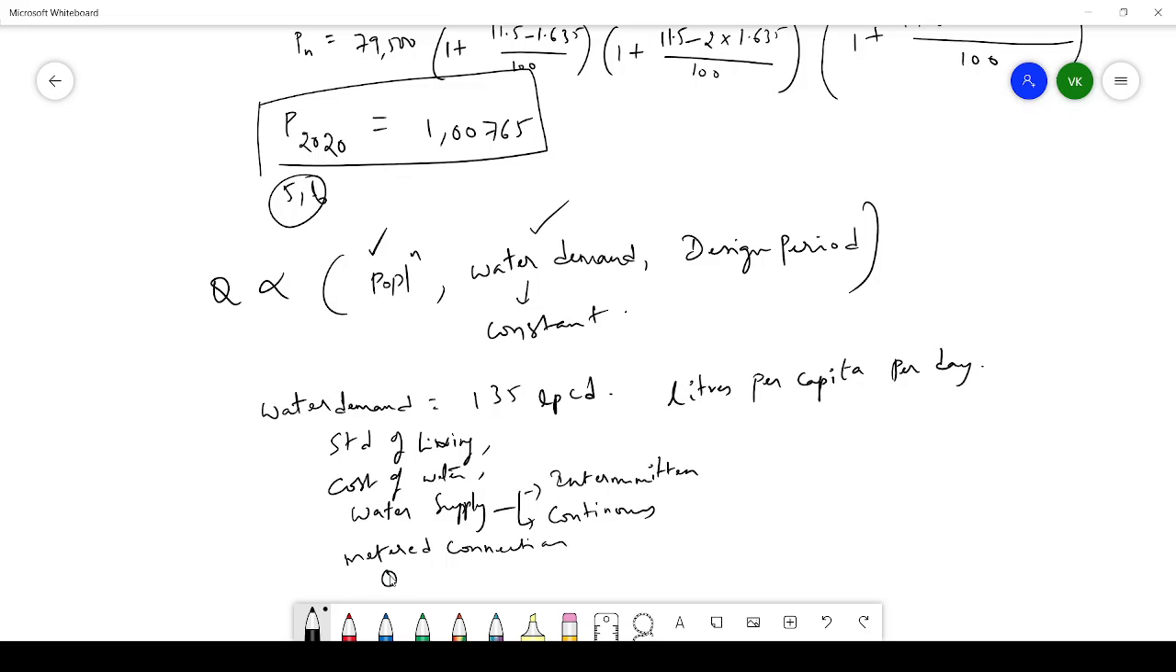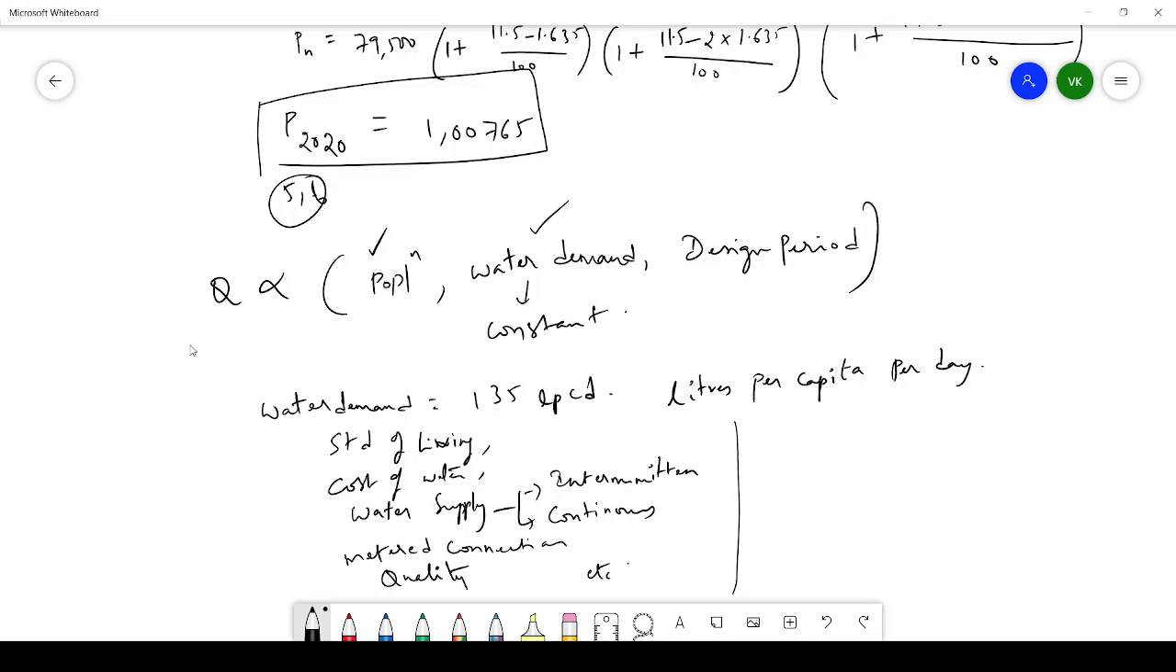Next, quality of water. Quality of water will also affect the water demand. If you have very good quality of water, then water demand will be more. If the quality is less, you're going to use less water, etc. You will have few other factors that could affect the water demand. Okay,